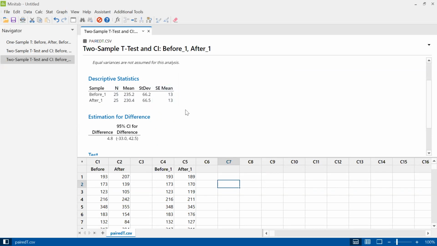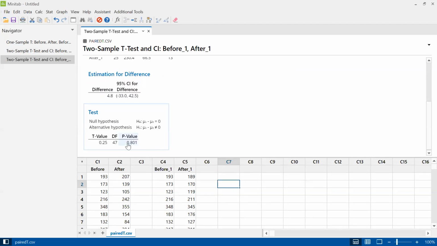So it wouldn't be that unusual to think that adding one more person to this group could easily pull this mean up by 5, and then the means would be the same. And again, a high p-value of 0.8. But as we know, it doesn't really make sense to compare